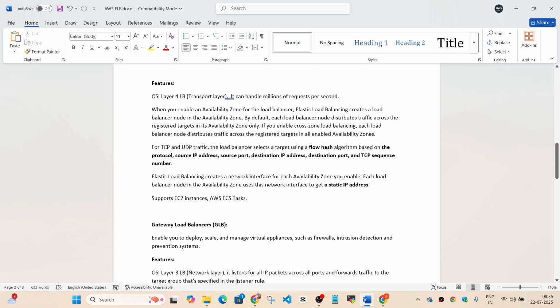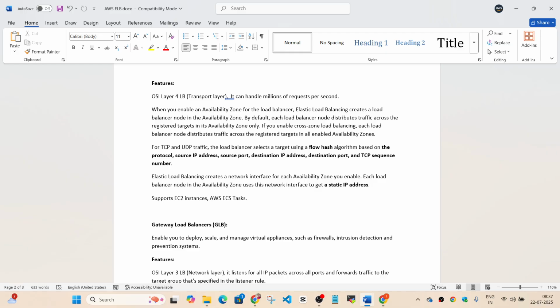ELB creates a network interface for each availability zone that you enable. Each load balancer node in the availability zone uses this network interface to get a static IP address. With NLB, whatever nodes get created in that availability zone, each node is going to have its own static IP address.